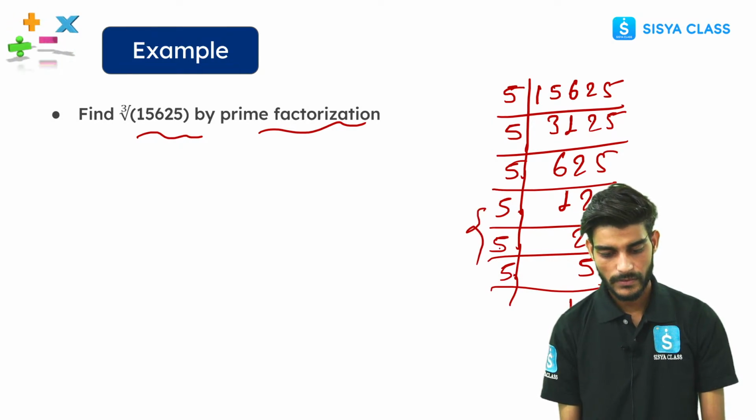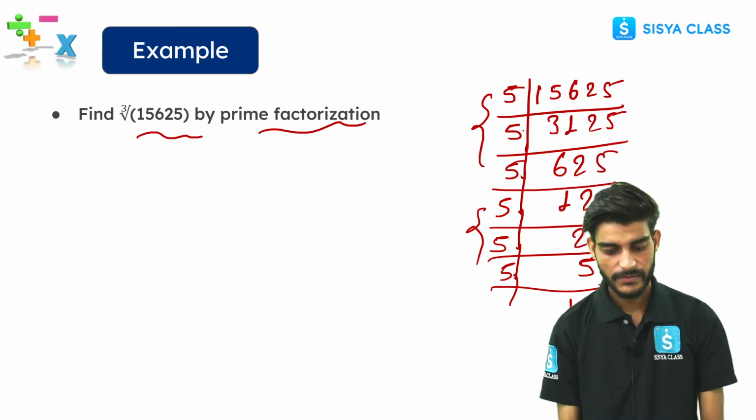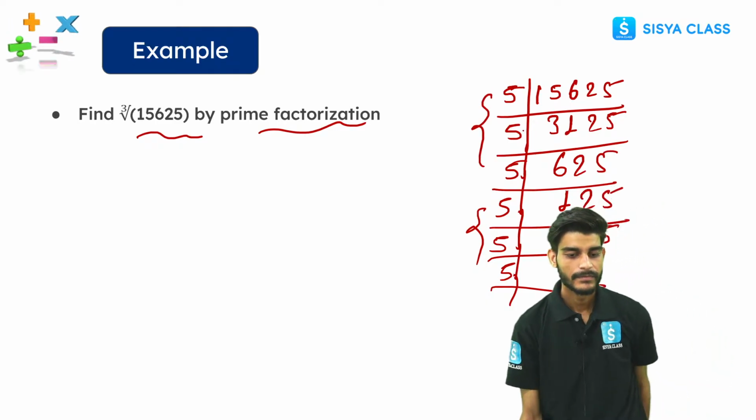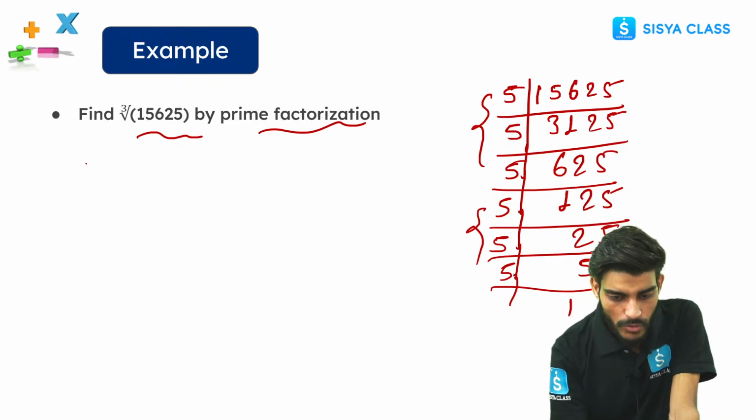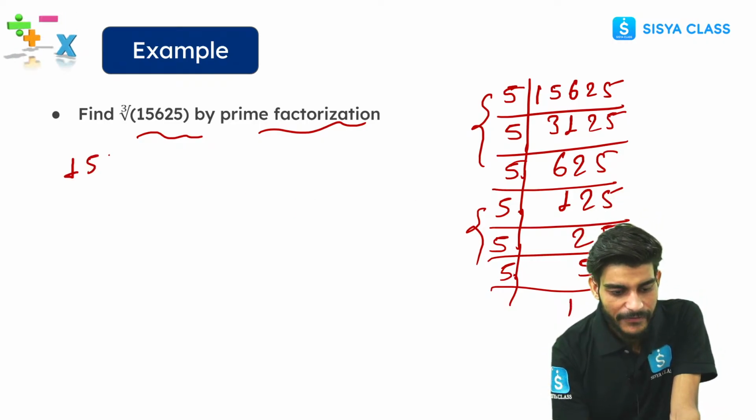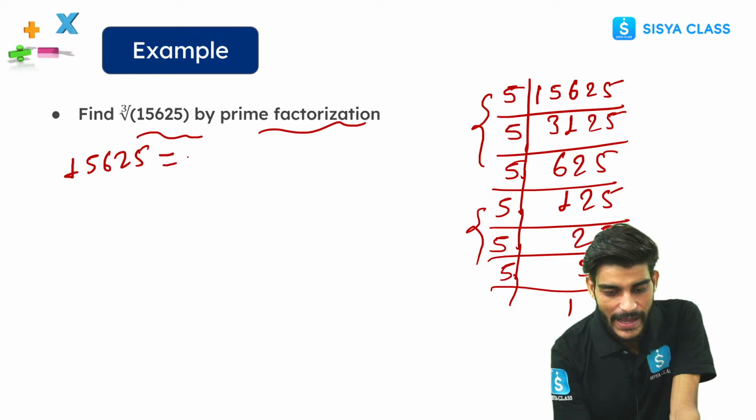So how many pairs do we have? 2. How many triples do we have? 2. So can I write 15625 as 5 into 5 into 5